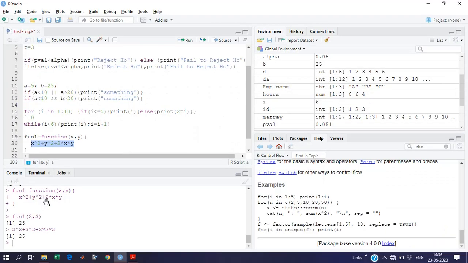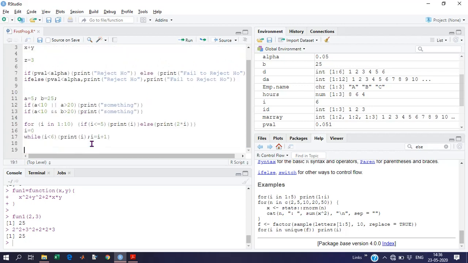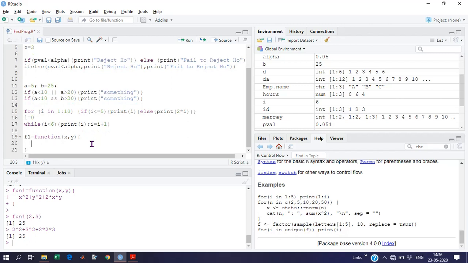Let's take a demo. Instead of using a one variable function, we will move to a two variable or three variable function. Suppose f1, I will name it as a function, argument list x comma y, function body is equal to x square plus y square plus 3 into x.